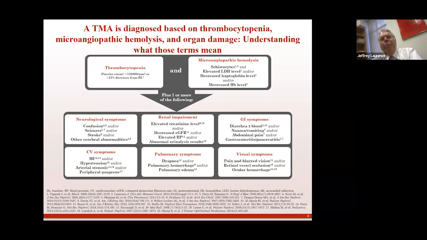Atypical HUS is not a platelet consumptive disorder. That's why the median platelet count in atypical HUS is 30,000 or greater. It's why this algorithm approved by the NIH, by the FDA, says your platelet count in HUS should be less than 150 or a 25% decrease from baseline. Because I've seen multiple cases of severe atypical HUS in our hospital, and this is certainly in the literature, with platelet counts in the 200,000 range.